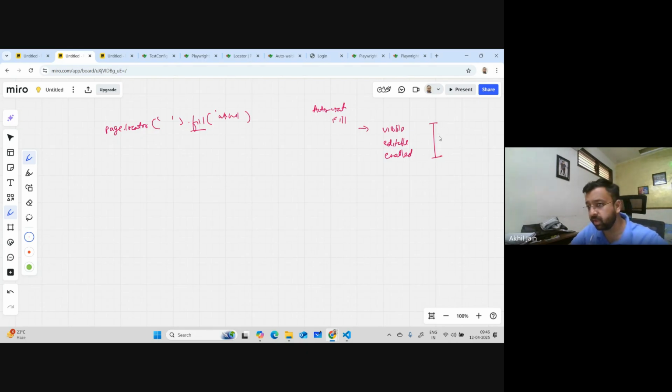Now this time period it takes, let's say delta time: how much time can it take for these states to be achieved, or to make those validations? It cannot keep on going. When you say auto wait, it's not that it checks once, sees it is not there, and throws an error. What it does is check all of them one by one and keeps waiting. It will first check the visible part. Let's say currently it has not achieved that state. It will recheck this, keep on checking this,